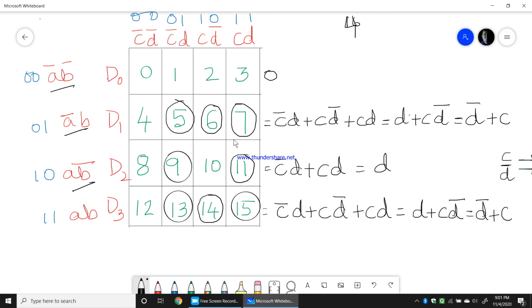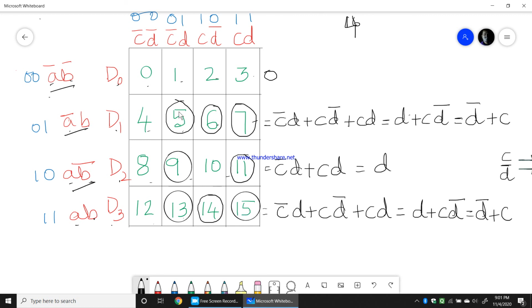When 0 0 is there, D0 will be selected; when 0 1, D1; when 1 0, D2; when 1 1, D3. Now I will write 0 to 15 continuously: 0 to 3, 4 to 7, 8 to 11, 12 to 15.